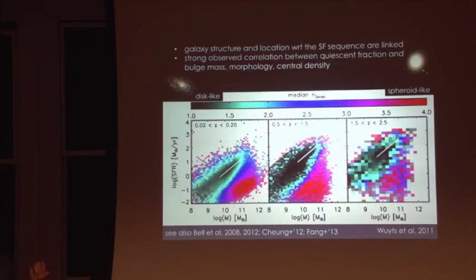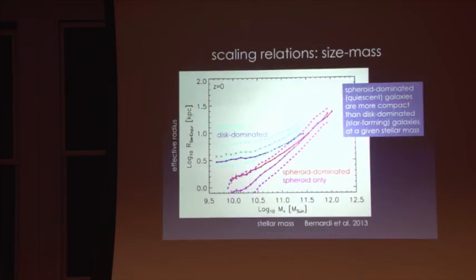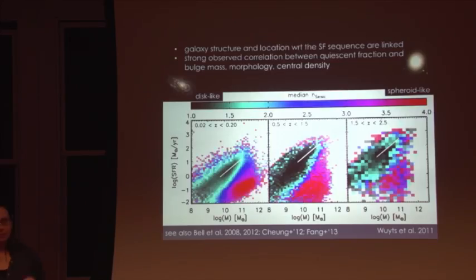So we've known for a long time, right, probably since the 20s or 30s, that disk-dominated galaxies are forming stars, and they're blue, and they're young, and ellipticals are red and dead. But it was a bit of a surprise that this remains the case. There's this very strong correlation between the internal structure of galaxies and their star formation properties all the way out to a redshift of 2. This seems to be imprinted on galaxies in some very fundamental way. In that little cell. Exactly. Yes.